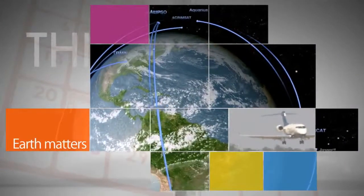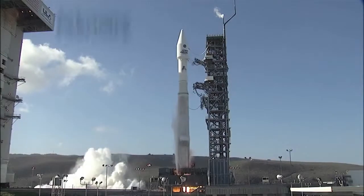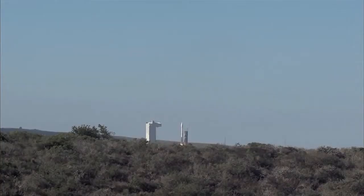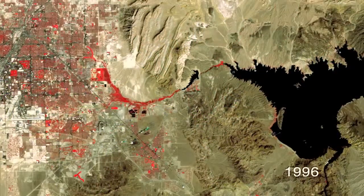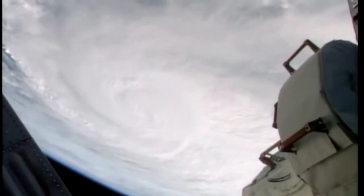NASA also continued the mission to improve life on our home planet in 2013. In February, the Next Generation Landsat Data Continuity mission launched, extending the program's 40 years of monitoring Earth from space. Catastrophic weather seen from space included a view from the ISS of Super Typhoon Haiyan, which hit the Philippines in